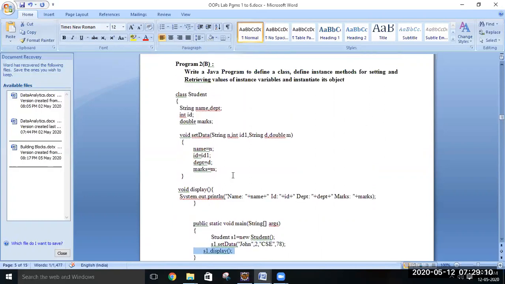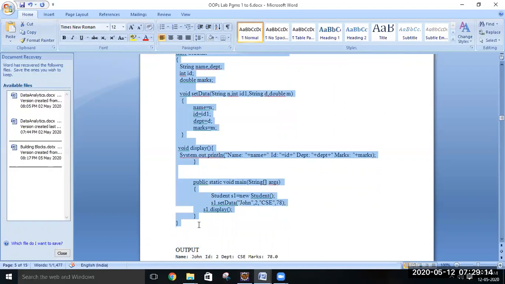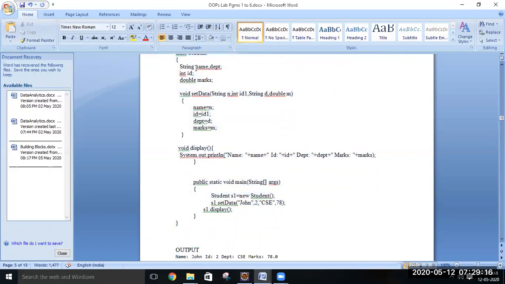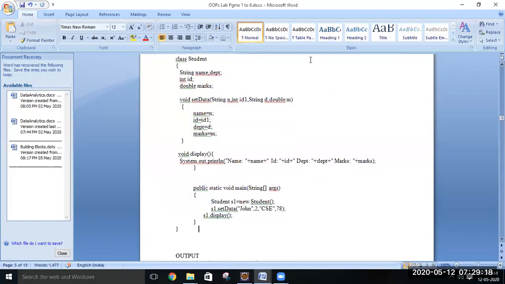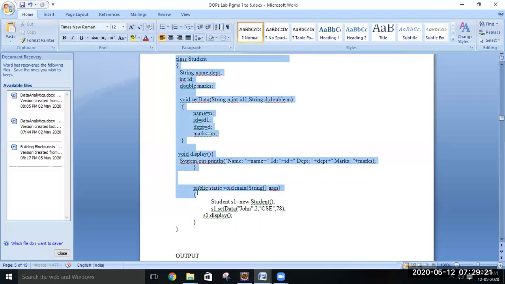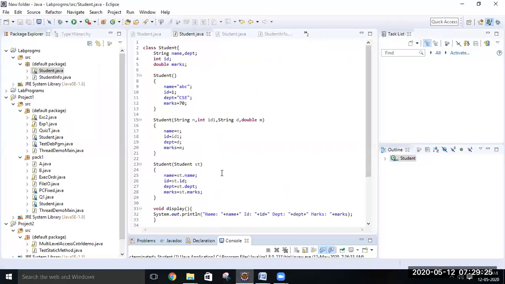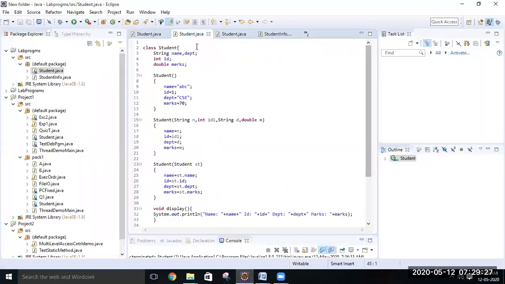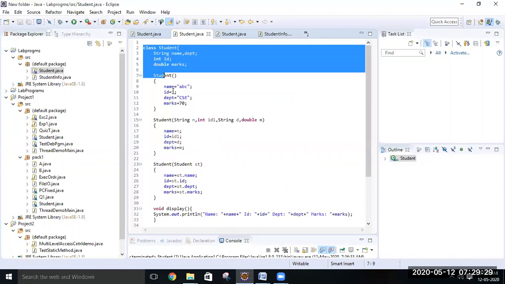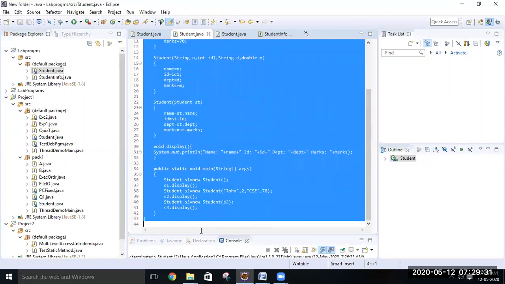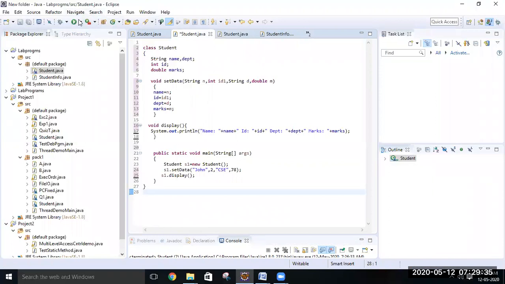So how to execute this program? Again, copy this program. This program is also having the name student. We can't have the same class names for 2 different programs, so I'm replacing this program with the new program. Okay, now I am executing this program. What is the expected output?